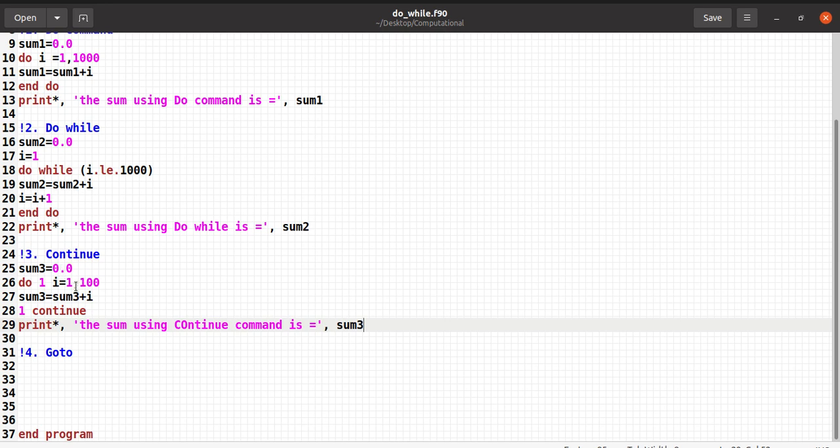0.0. I have defined sum as real, that's why it is 0.0, and I define this step as 1. Okay, and I is equal to 1 to 1000. Here you can see the do loop and see the difference between these two commands. So here sum 3 is equal to sum 3 plus I,